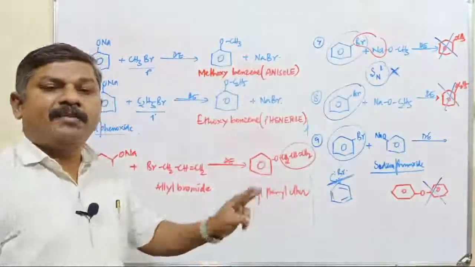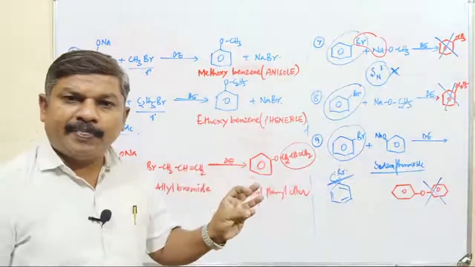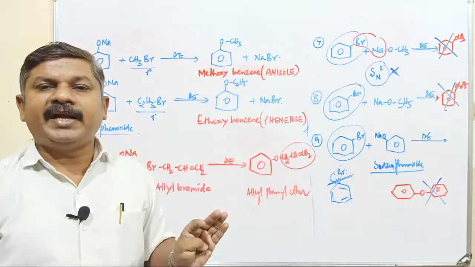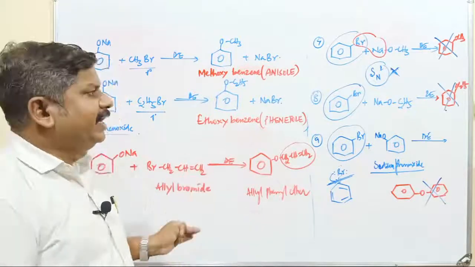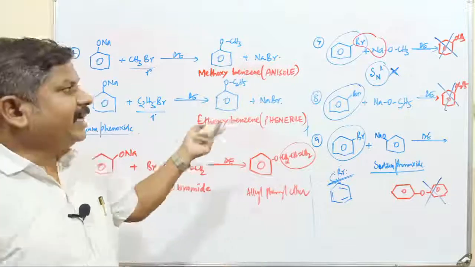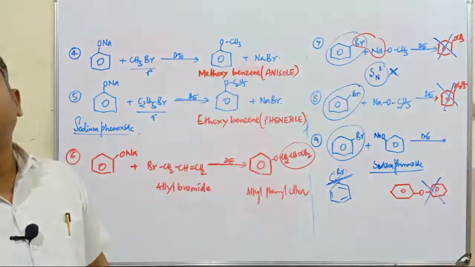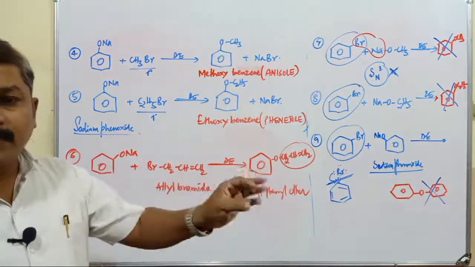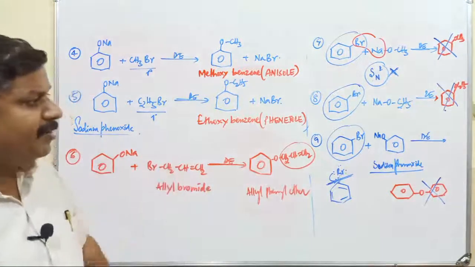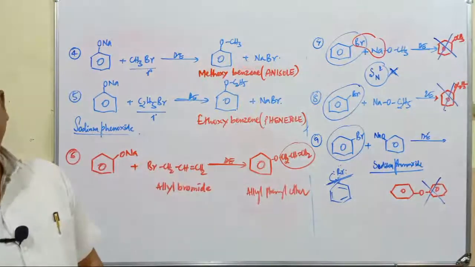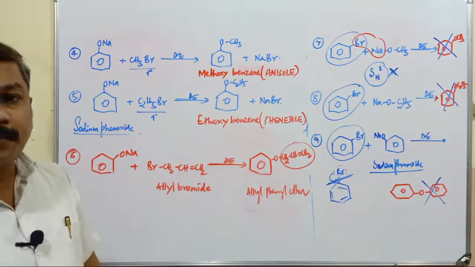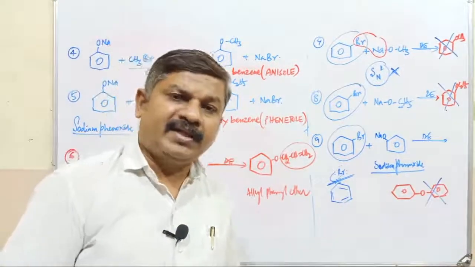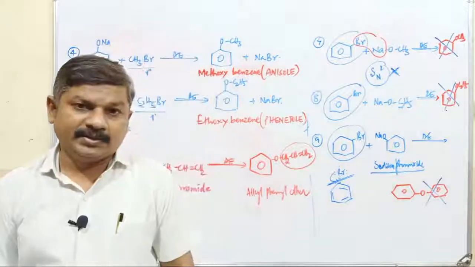This is the second method. The first method is dehydration of alcohols. We have discussed those two methods. What is the first one? Acid-catalyzed dehydration. The second one is catalytic dehydration. The next, second method, is Williamson's ether synthesis: an alkyl halide combines with sodium alkoxide to form ether, and you must remember the conditions to get this ether. These are the two methods for the preparation of ether compounds. The remaining methods of preparation of ethers and the properties of ethers will continue in the next class. Okay, thank you.